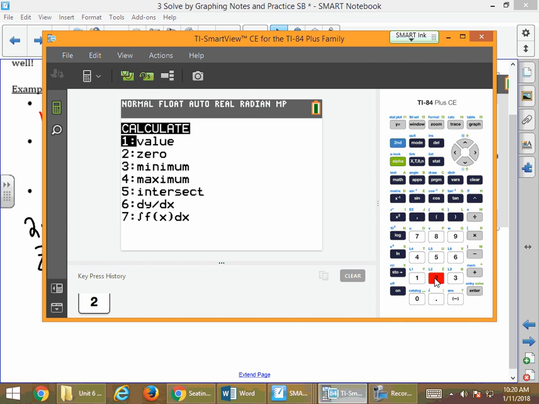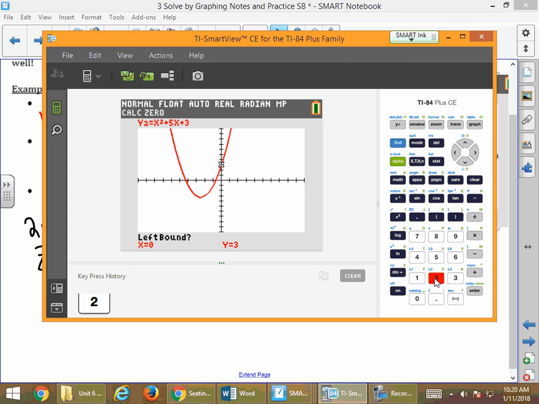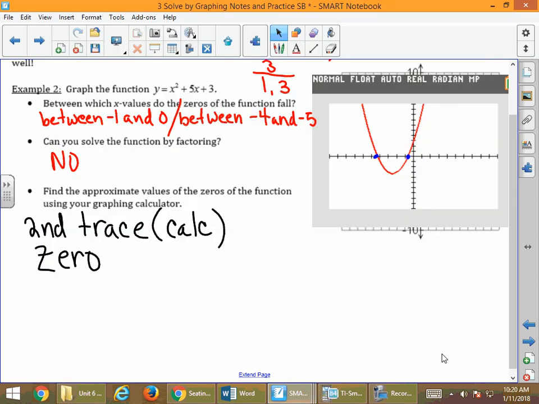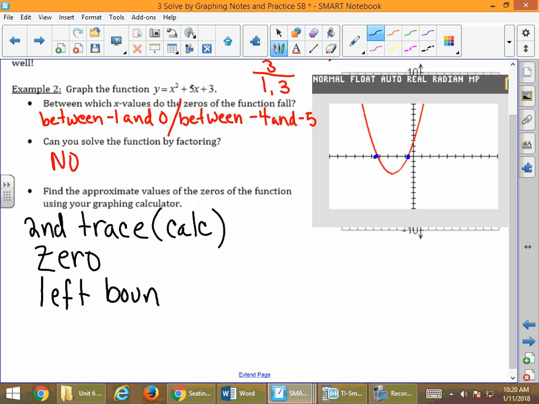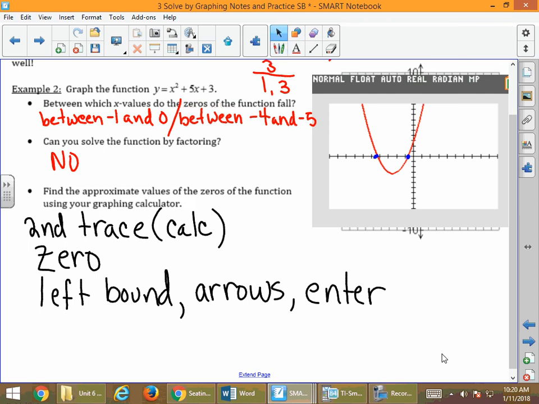On here. And what happens is it pulls up a cursor now on our graphing screen. And at the bottom of the screen it says left bound. And for the left bound we're going to use our arrows, and eventually we're going to press enter. So I'm just writing that down, and I'll give you some time to write this down if you need it